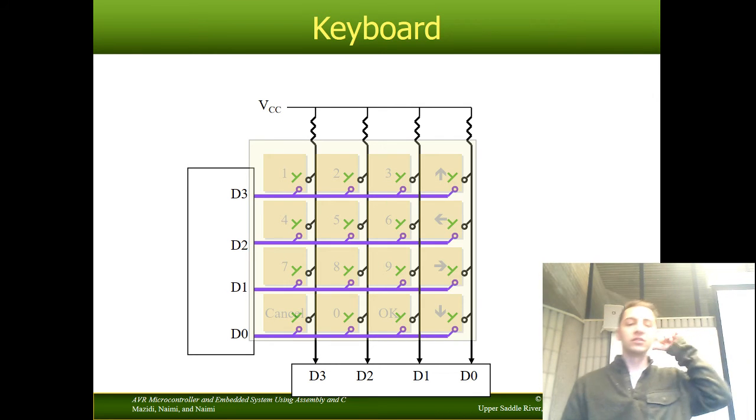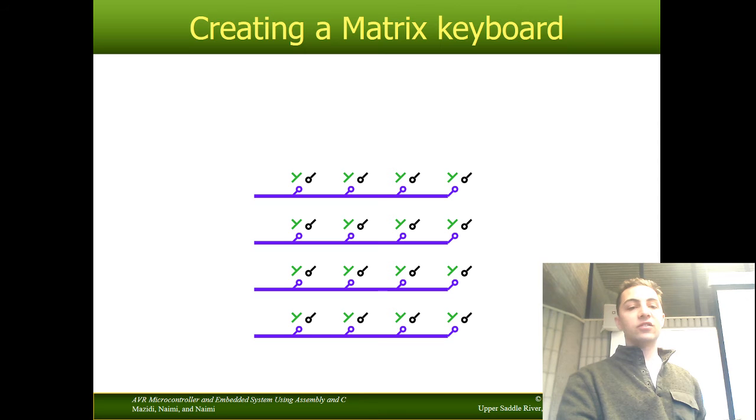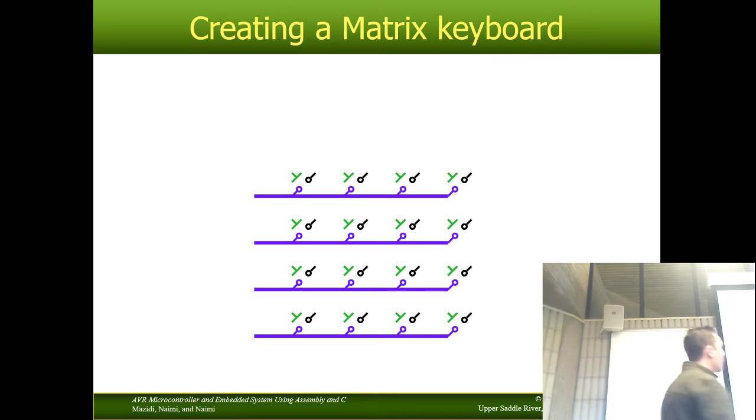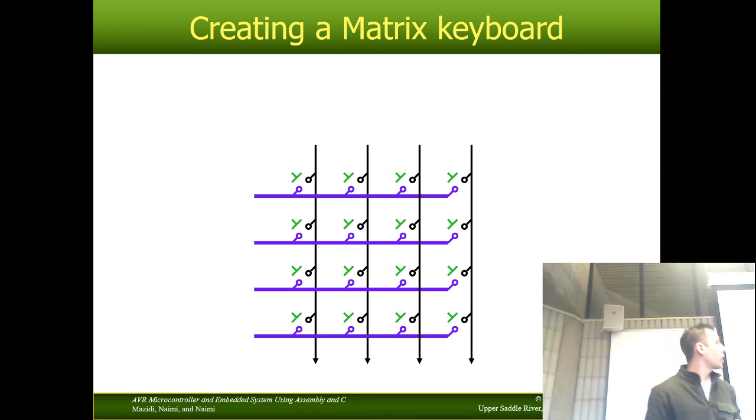Now, each of these buttons is really just a single pole, single throw button. It's either connected or it's not. Okay, looking at just the hardware here, you start out with the buttons, and you connect one side of all of the buttons that are in a particular row together. So they're all shorted together. Each row ends up with its own bus of buttons. Then, on the other side, on the columns, the other sides are all connected together in columns. Okay. Now, if you press any one of these buttons,